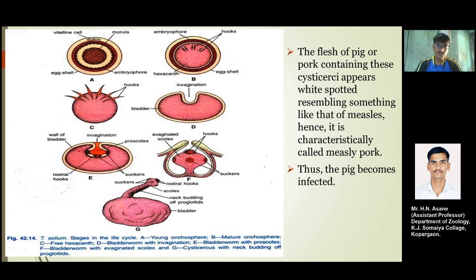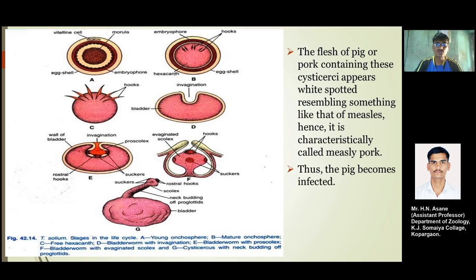As you can see in this picture, this particular hexacanth, named as the A section, is the young oncospore. That particular egg is converted into the young oncospore, okay, and then it gets converted into the mature oncospore, and that mature oncospore has the hexacanth, which is mature enough to develop its hook